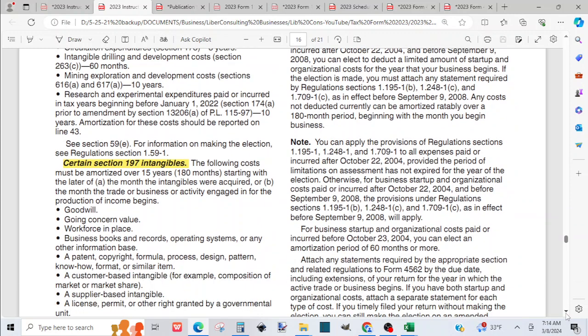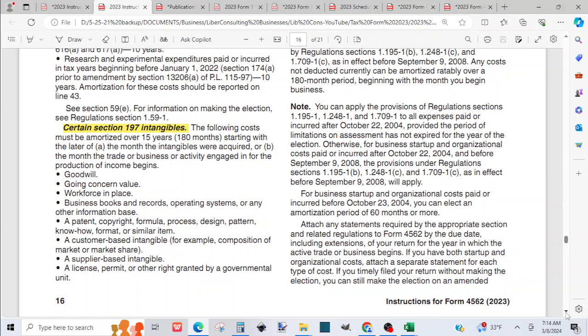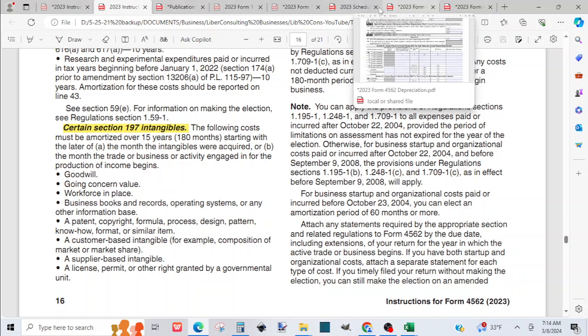And certain Section 197 intangibles, they have the list of it for you to read to see what is classified as a Section 197 and for how long you amortize it. It is 15 years, 180 months, and they have a code for it. So Section 197 is a code, so you'll add that code. So if we go back to the amortization section,